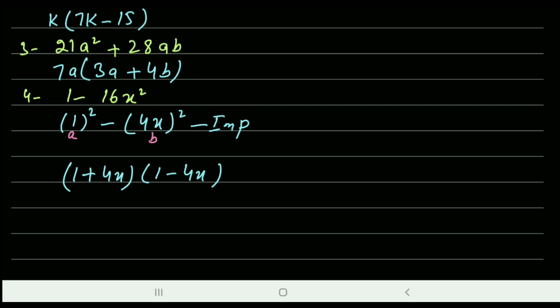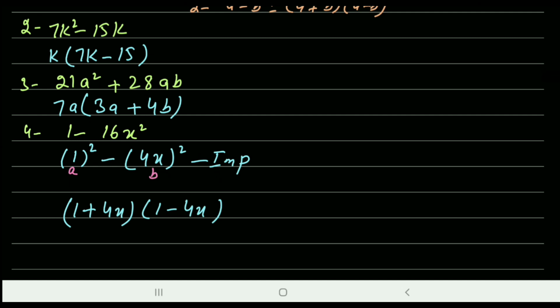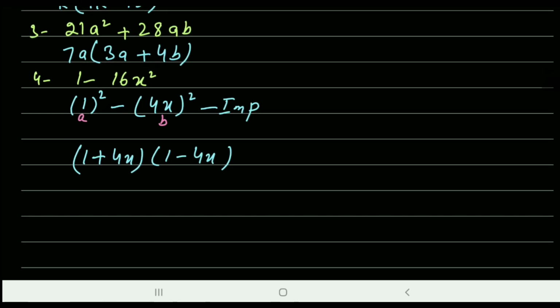So again I am telling you, it is very important to write the steps. First step, that is in brackets. After that you have to open that bracket, open that formula, you can say. If you do not do this step, some students can do this question wrong, like they will consider 1 as a and 16x square as b. So in this way you can do your question wrong if you do not do that step. Okay,